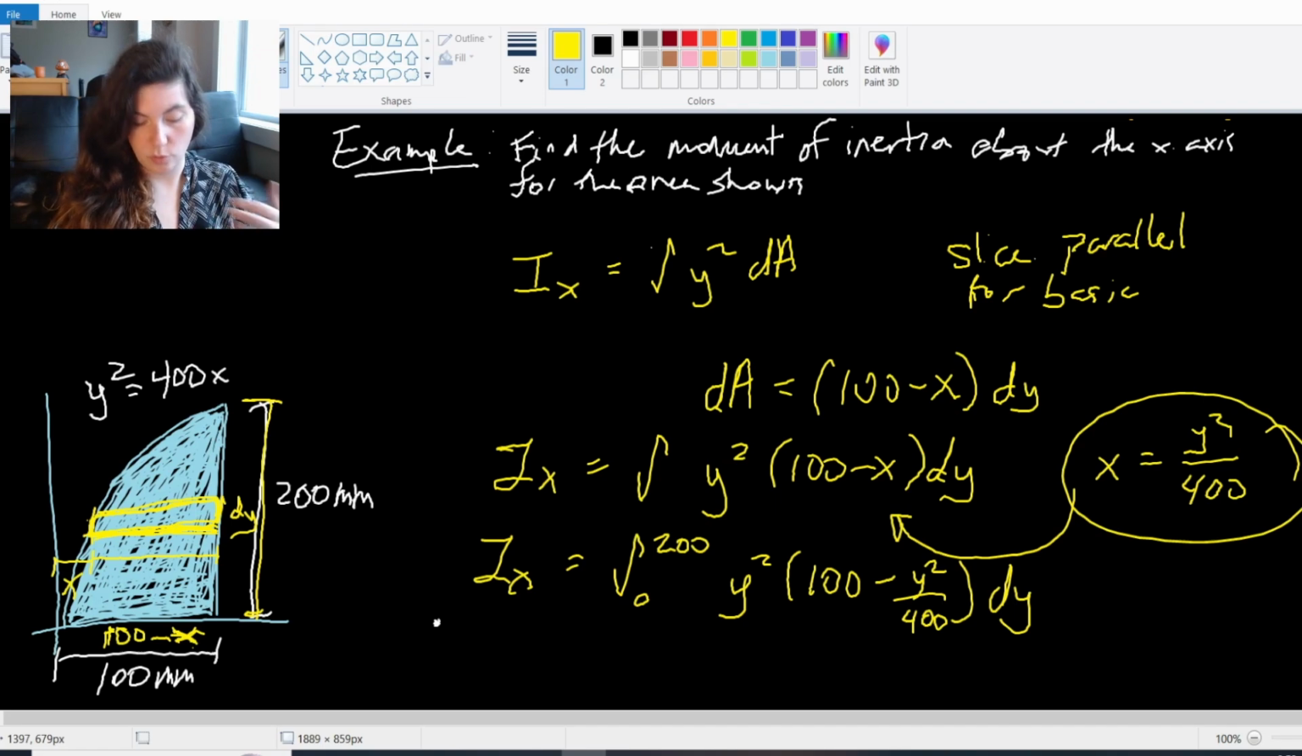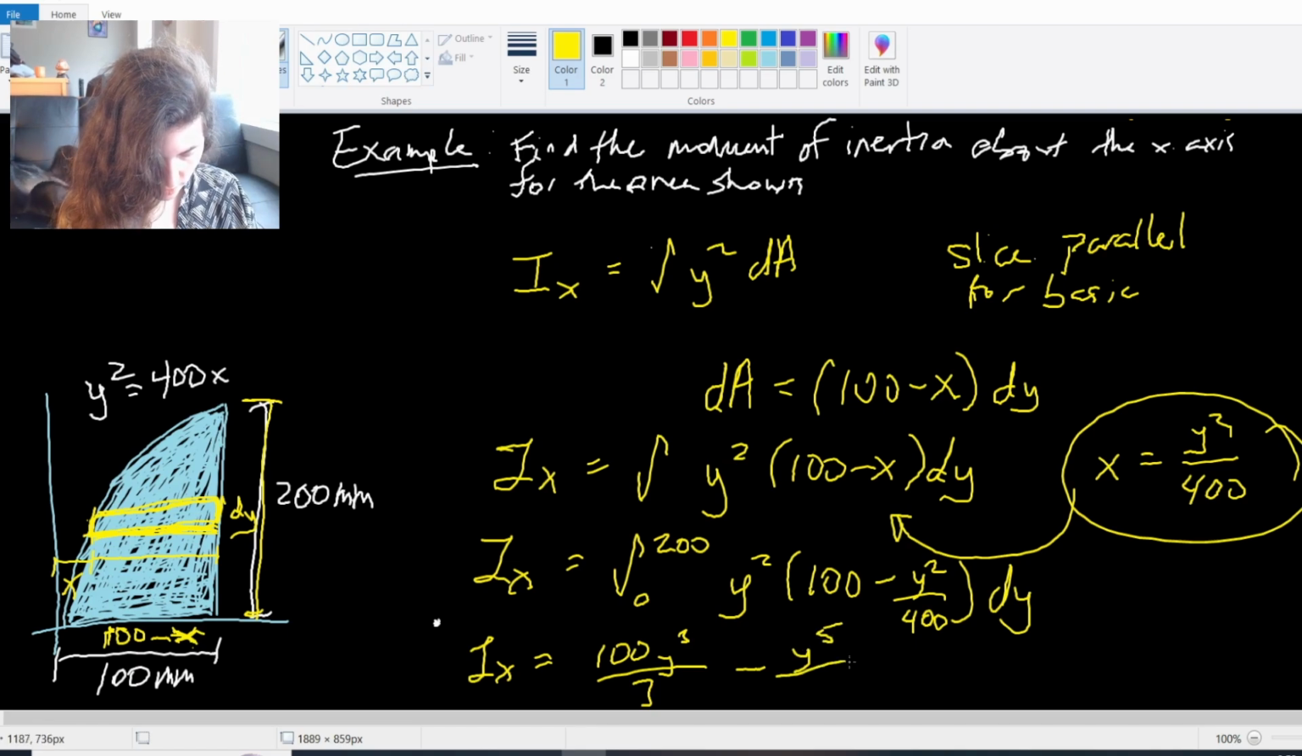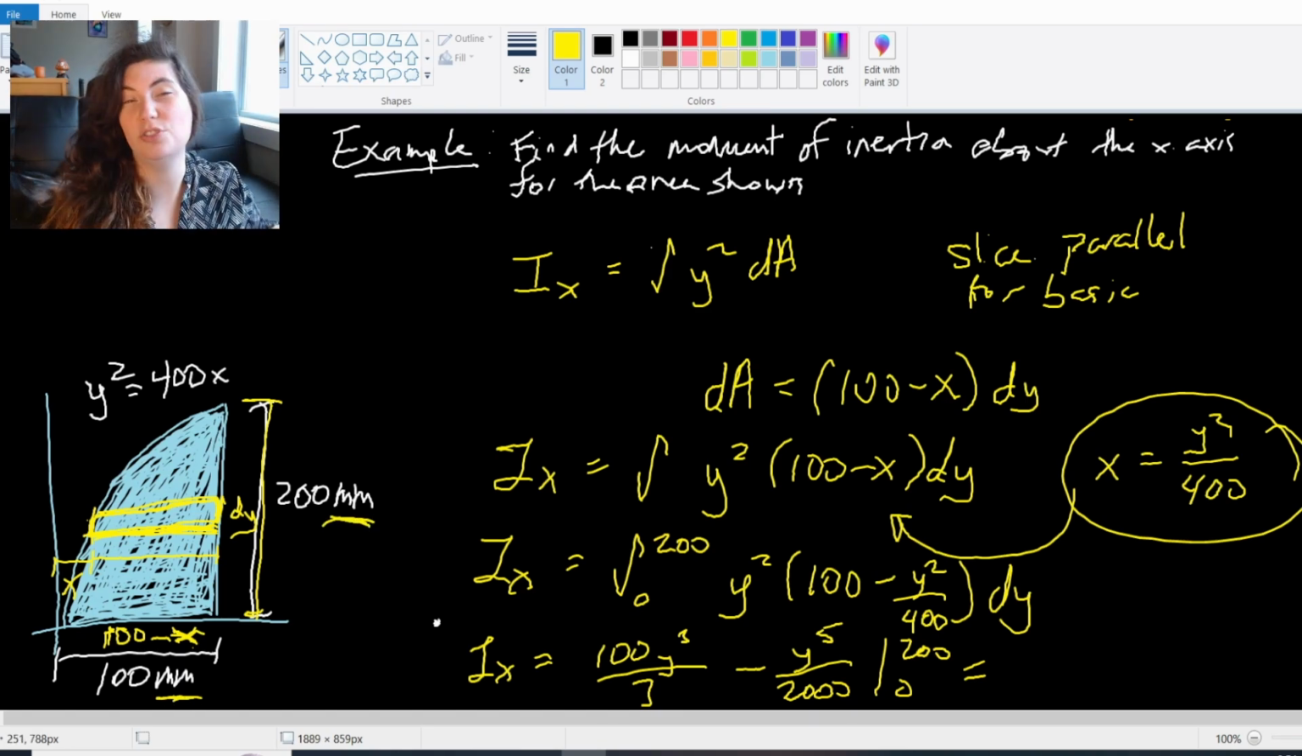And then I go ahead and just perform my integral calculations, and I get my moment of inertia. If I do the integral portion, 100y cubed over 3 minus y to the 5th over 2000. And when I evaluate that from 0 to 200, you're going to get a really, really big number. And don't be surprised by that, because again, the units are going to be millimeters to the 4th, right? So I had these in millimeters. I'm already working with 100s and 200s, really high. And now I'm taking those millimeters to the 4th power. So I'm going to get a huge number here, which in this case, I got